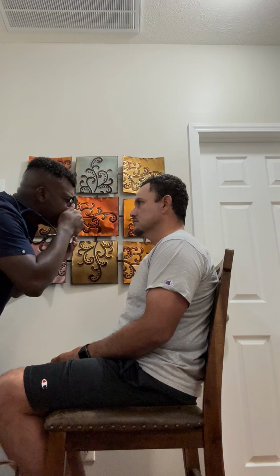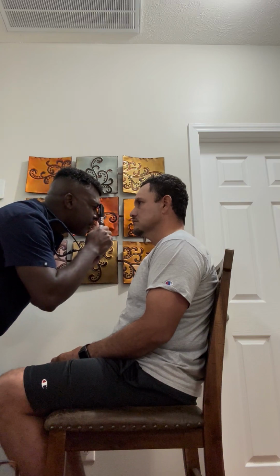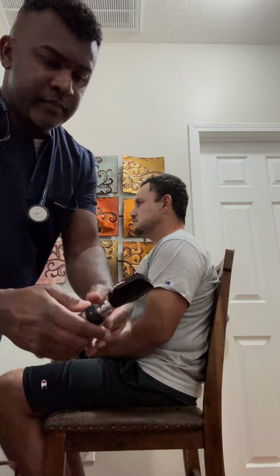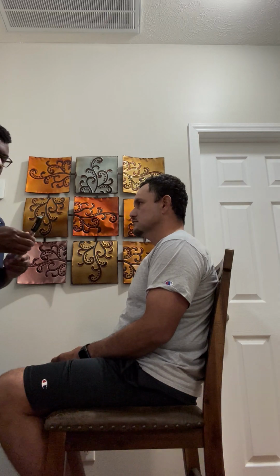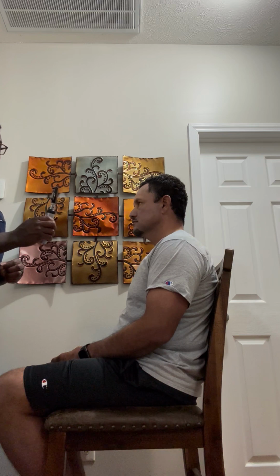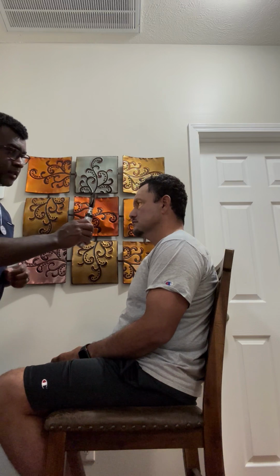The right eye, same thing. Move in. Okay. And then I'm going to do my red reflex, where I'm going to use the ophthalmoscope as well, and I'm going to shine the light into his pupil. And what it's going to do is follow all the way into the person's eye. Basically it constricts